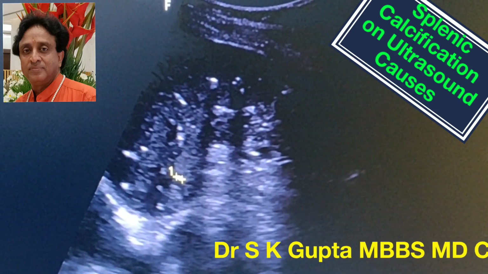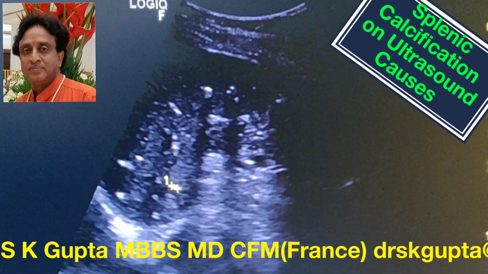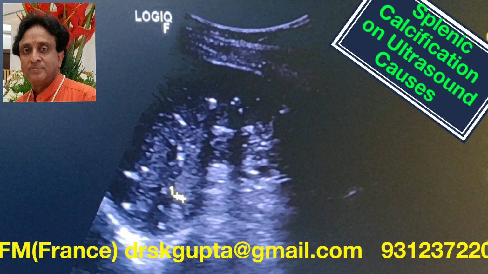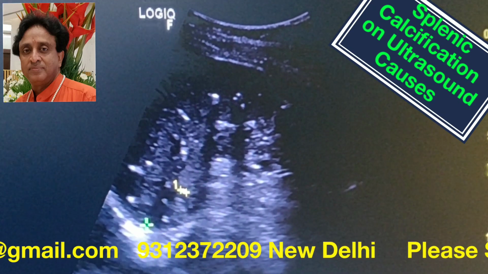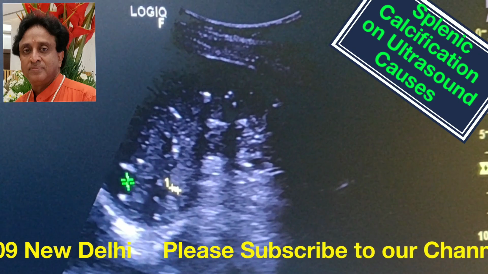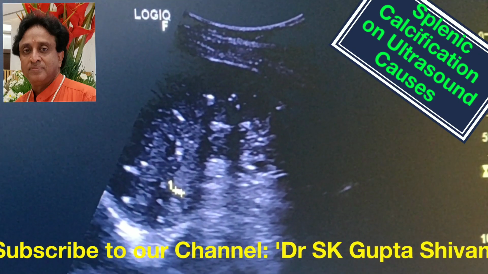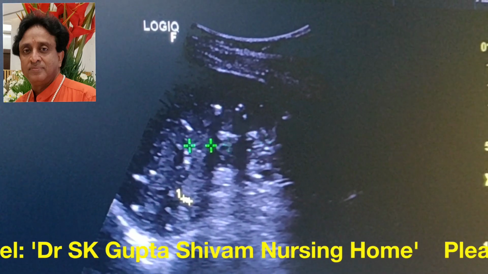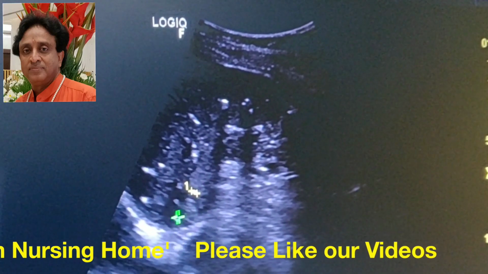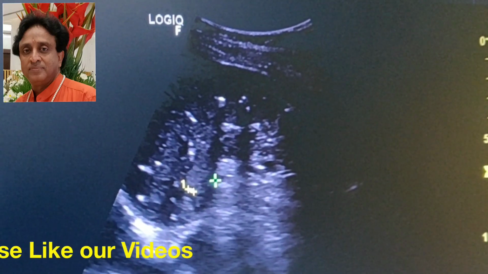Good morning friends. Today I am going to present to you a case of multiple splenic calcifications. You can see that this is the spleen and there are multiple small areas of calcification. This is one area of calcification, another, this is another, multiple small 3 to 5 mm size calcifications